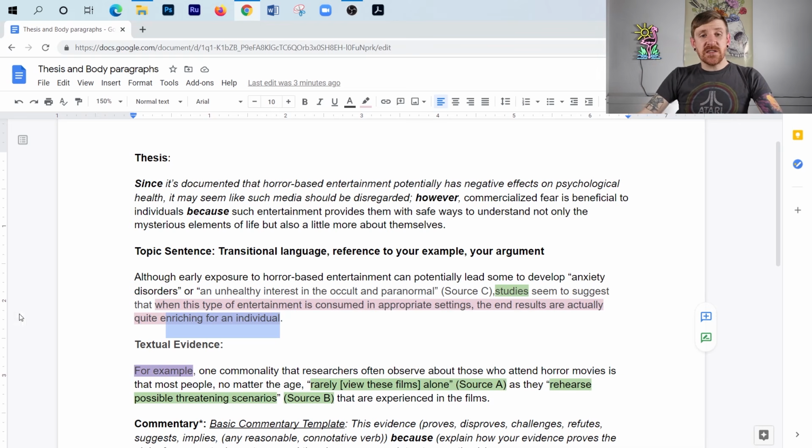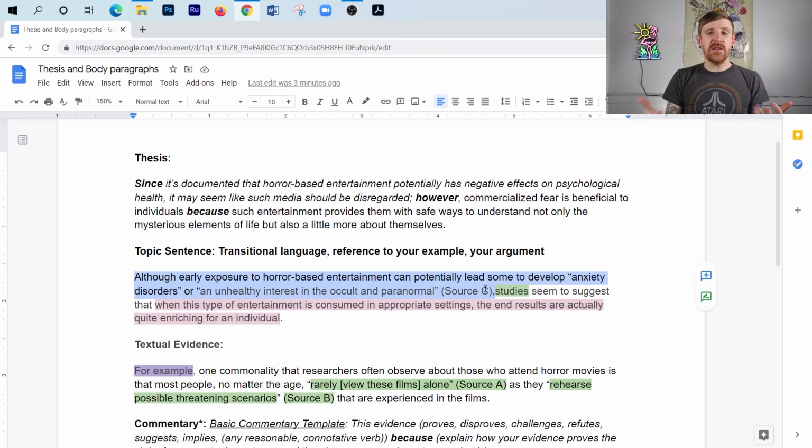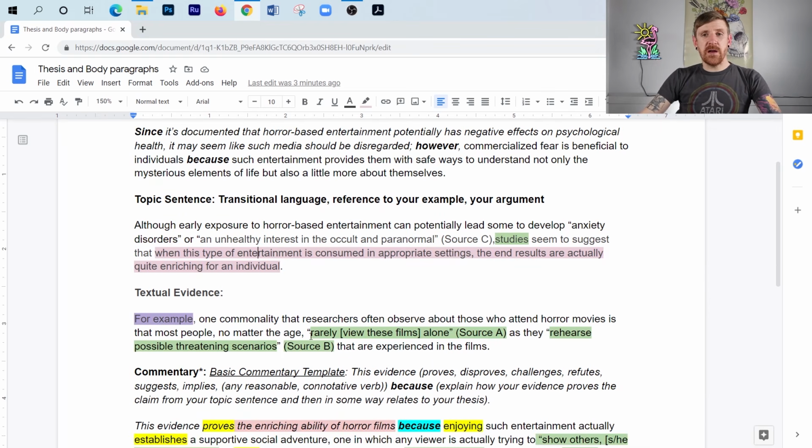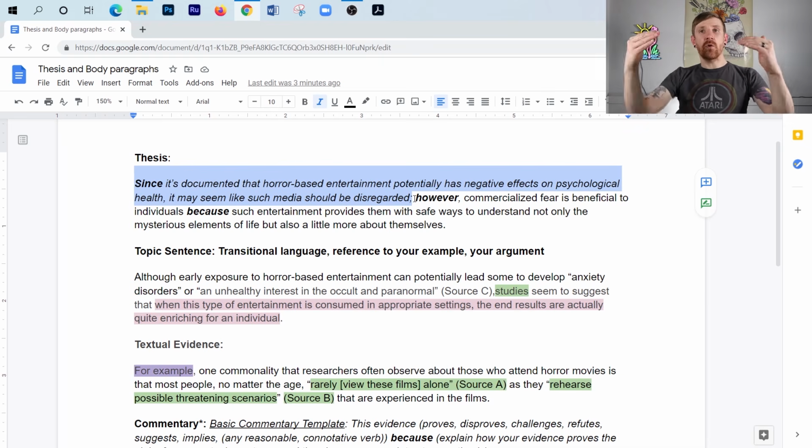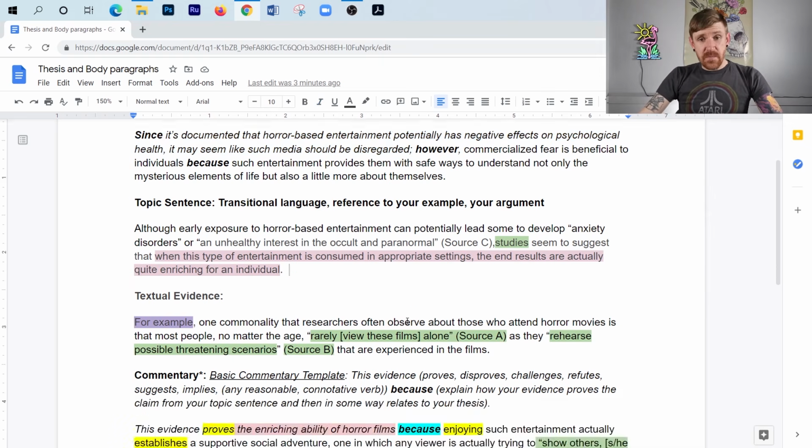So what I'm also suggesting here, folks, is this, that if I got rid of my little concession right here, I could still have a strong paragraph if I just got rid of it, right? And I started with, studies seem to suggest this is the case. However, if I were to get rid of this concession, this would not be my first body paragraph in my paper. That's because that would then say commercialized fear is beneficial, and therefore I would have to do that after I deal with this concession that starts my thesis, because my thesis is going to order how I go through my paper, okay? So anyway, I've got my topic sentence.